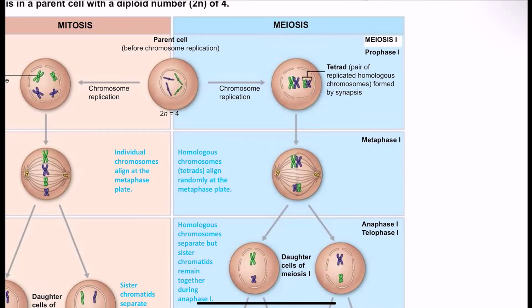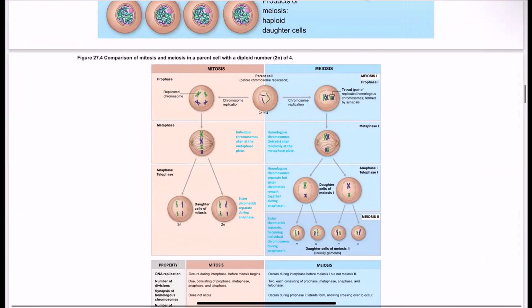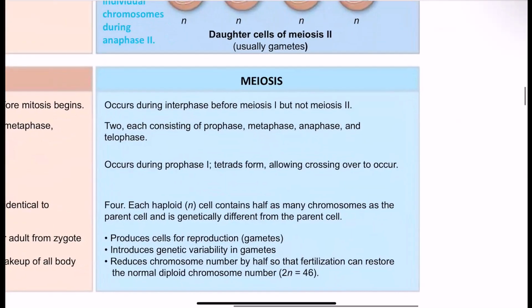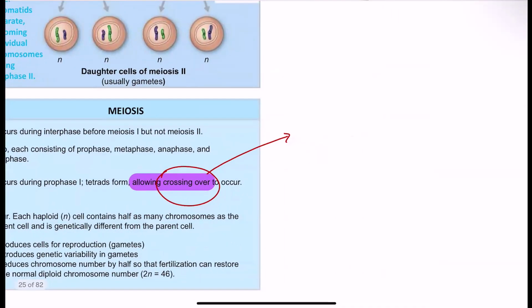One of them is this process called crossing over. Let's see, crossing over. Crossing over happens during prophase 1. That crossing over process, let me draw it here to the side. So let's use the green and purple from our picture. So if we have a green chromosome, and we have a purple chromosome,